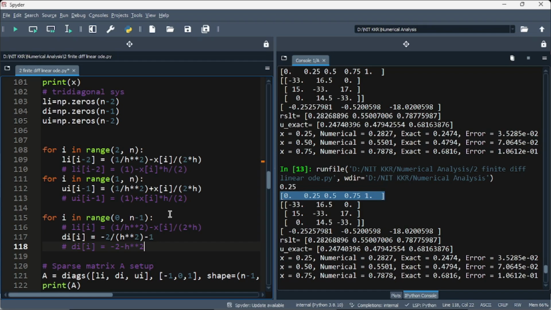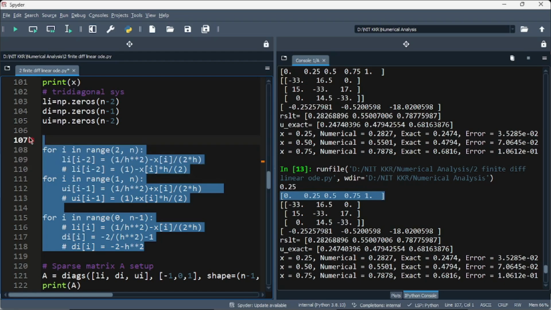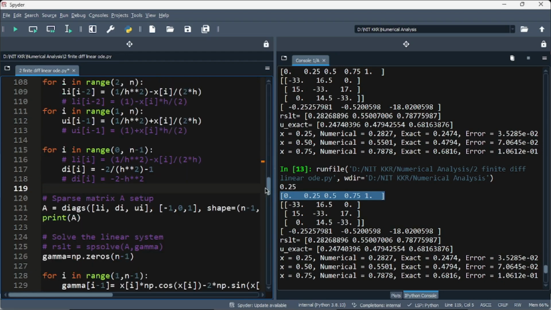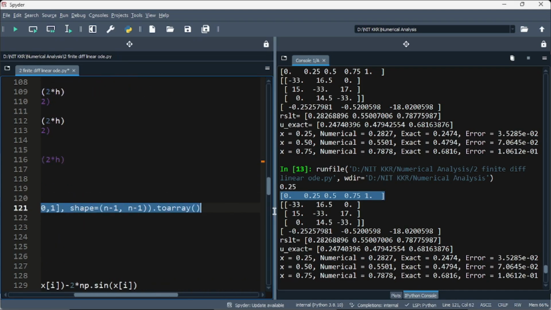So it goes to 0, 1 and 2. So all three's value in the diagonal. This is the formatting, this is how to make the tridiagonal system. So now using this lower diagonal, diagonal and upper diagonal by this particular syntax, this is the